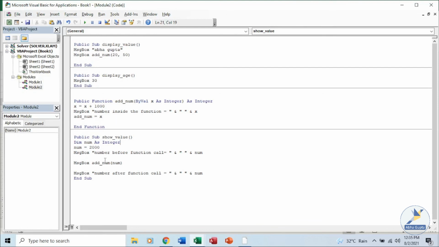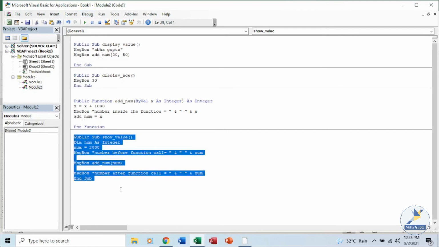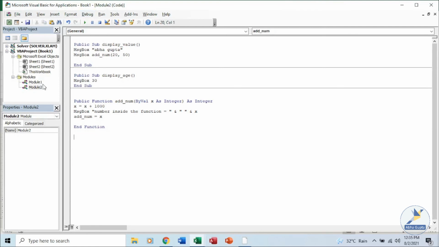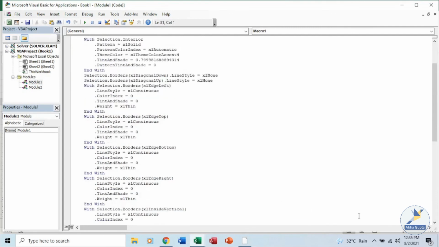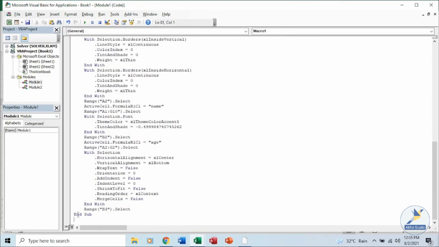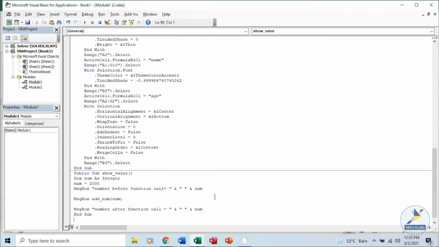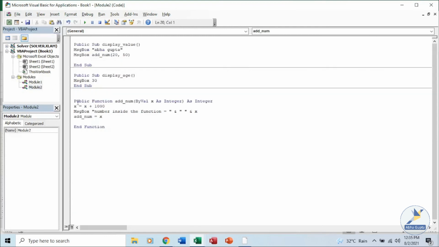If I put this particular sub in some other module, this is module 2, let me copy this, and paste it in module 1 over here. Let's go down and place it over here. We have a show value over here. This is a macro, and in module 2, this function which is over here, let's make it private.